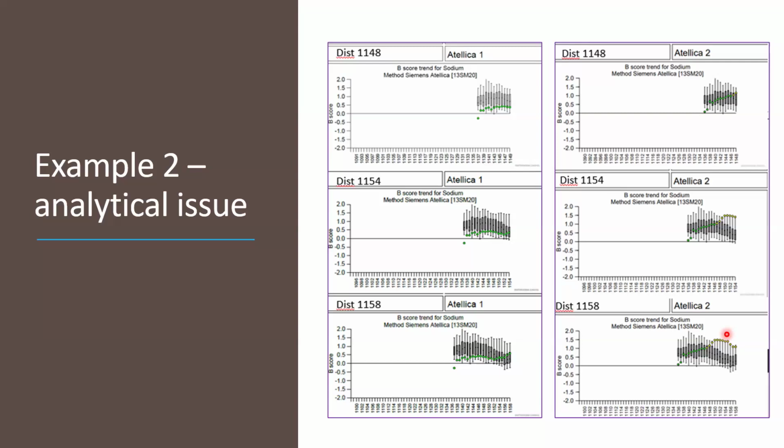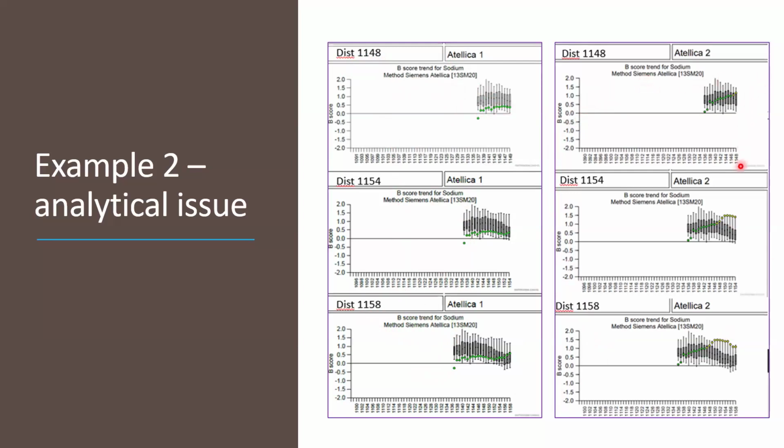We have 3 lines. And for the purpose of this presentation, I've used the results from the 2 lines. As we can see here, across several distributions in line 1, we have acceptable positive bias from distribution 1148 to 1158. However, if we look into line 2, we see that something has happened here, because